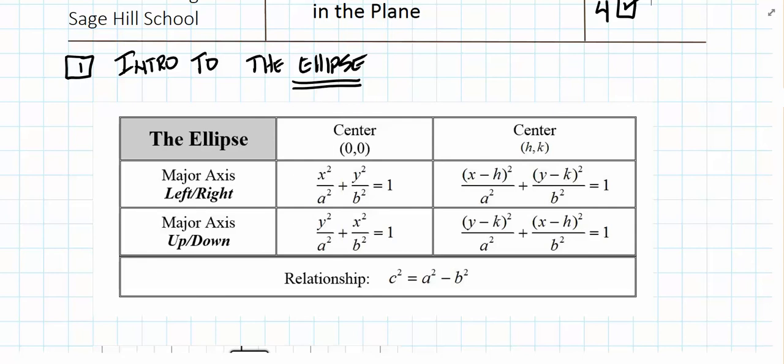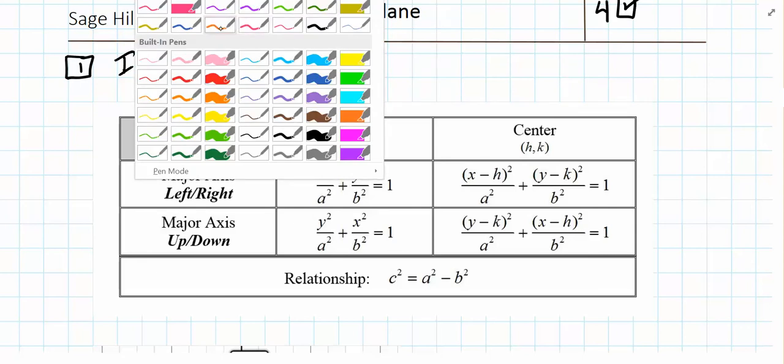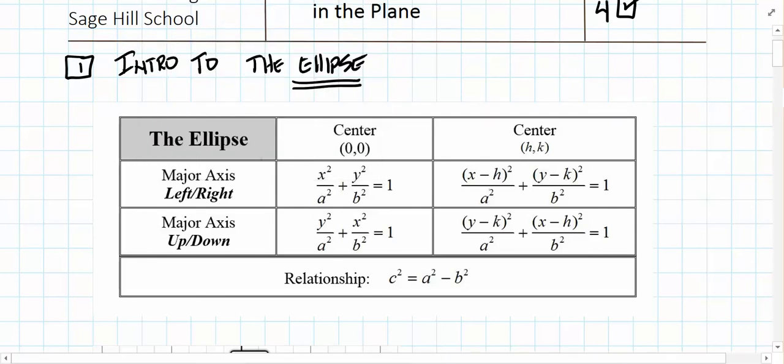So the things that I want to talk to you about for the ellipse are here. First of all, there's only two ways that the ellipse can sort of open, right? It can open left and right, meaning that it can be sort of longer this way, or up and down means it can be kind of longer this way. So I guess I shouldn't say open, just sort of which way it's going to be longer, either left and right or up and down. And just like the parabola, it's either going to be at the center 0, 0 or the center h comma k. And notice that there's a very